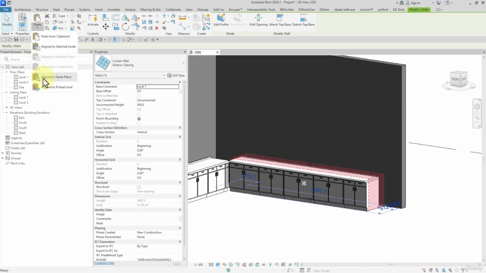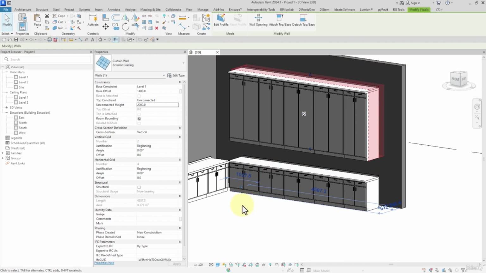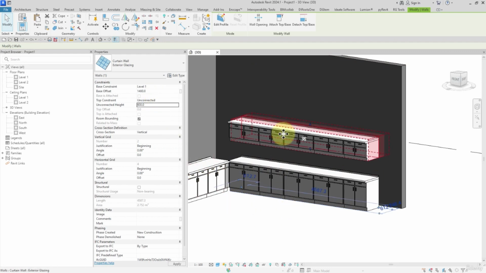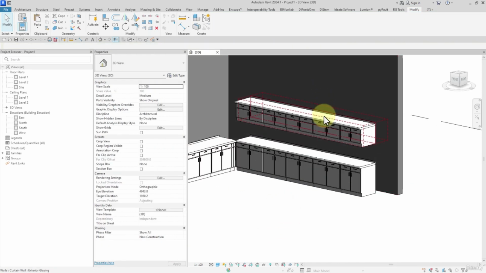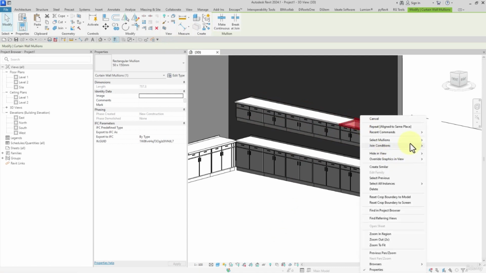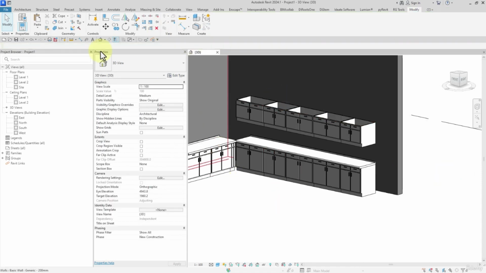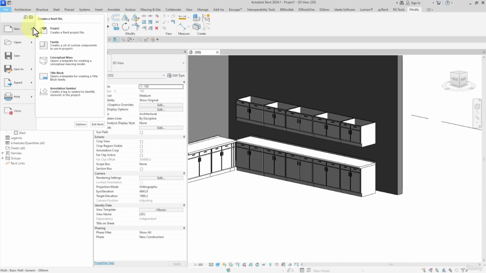But if I copy this and then I paste it at the same place, base offset 1400 to 2000, watch this, like this way, 600. Watch this. Then for the top mullions, I want to remove them. I select one of them, select mullion, unhost, delete. Then I can open a new family,